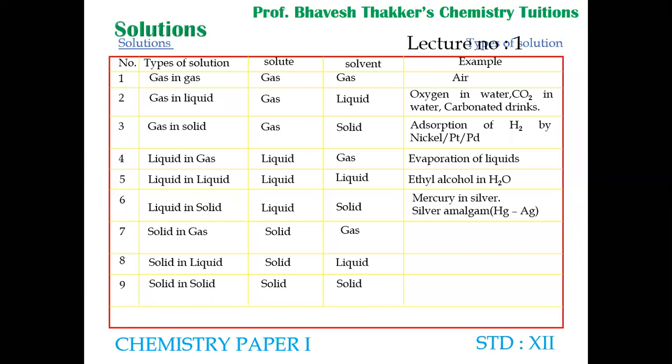Mercury is liquid. It gets trapped in silver. Sodium amalgam, mercury amalgam, zinc amalgam. Here amalgam means mercury. And mercury is in a liquid state. It dissolves in sodium. It dissolves in silver. Okay, so we get their amalgams. So this type of mixture is a homogeneous mixture. So liquid trapped in solid, keep in mind, very important. Various amalgams are examples of liquid in solid type of solution.